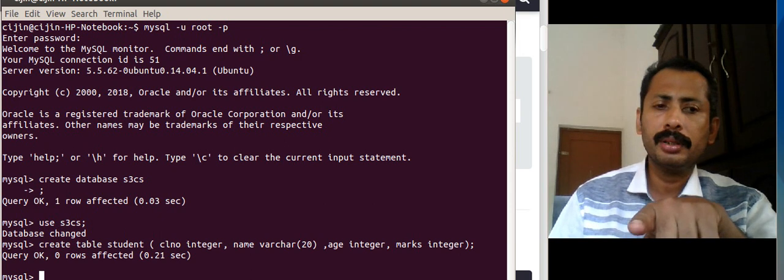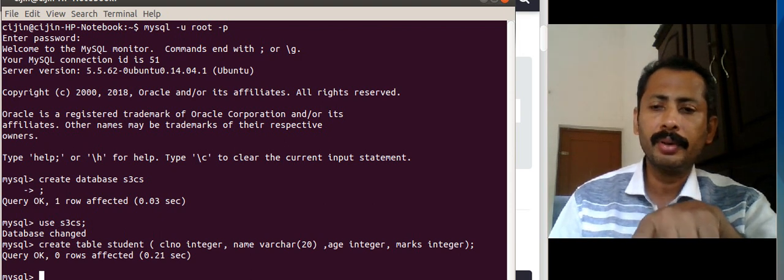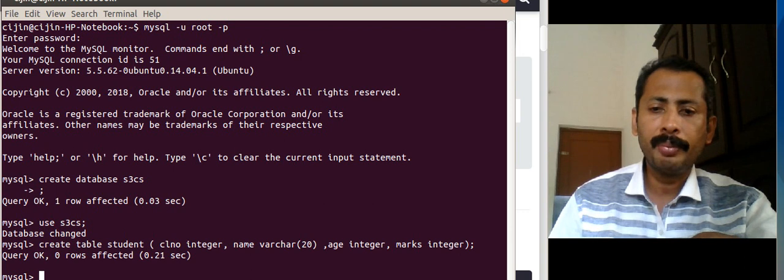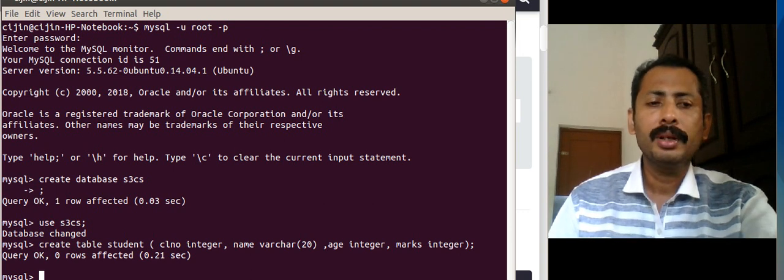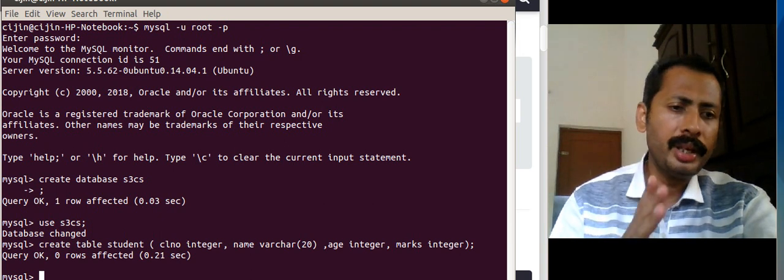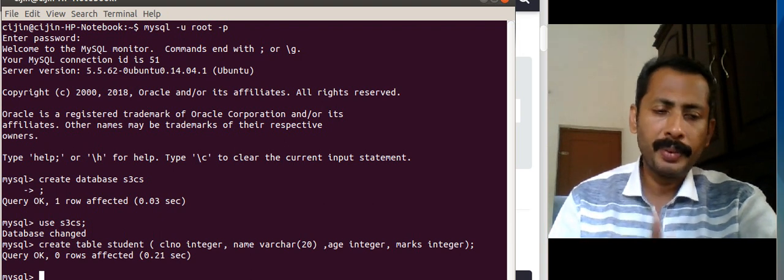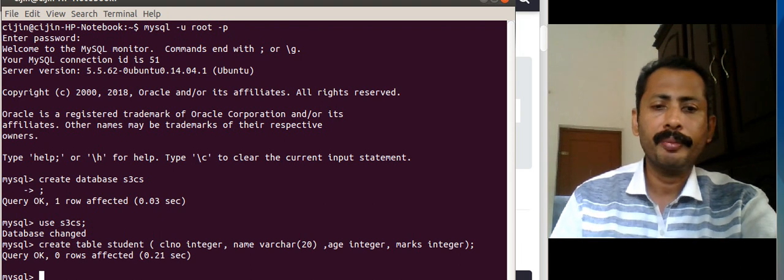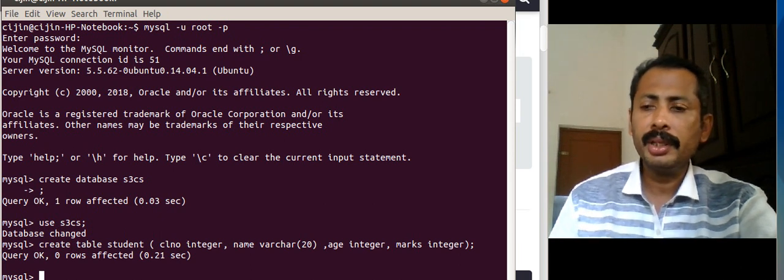Class number, space, data type, comma. Then next field name, space, its type, comma. So this comma is placed between each field. A space is placed between the field name and the data type. Okay, so this is table creation.